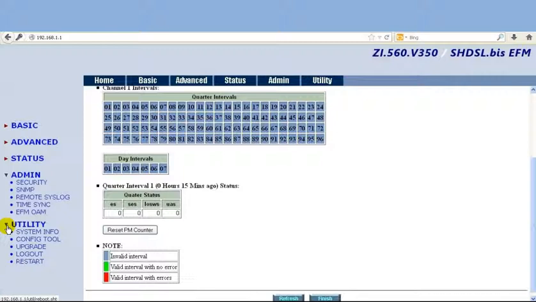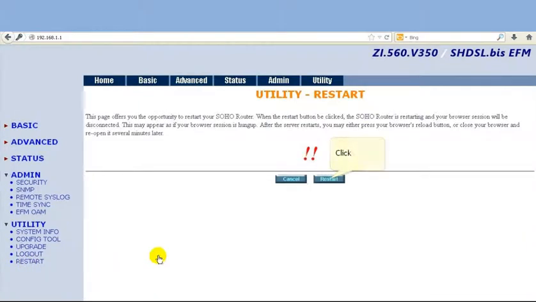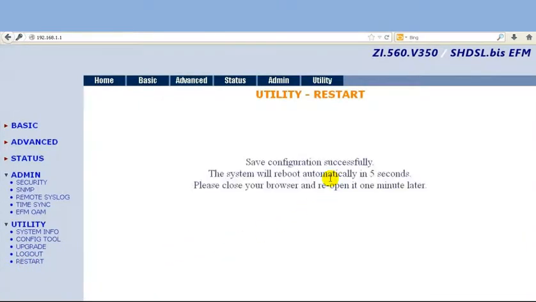In the admin part, we can configure things like the password. In this AFM NTU, we can't save any configuration by itself, so we need to restart the AFM NTU. Then only will we be able to save our configuration. Otherwise, our configuration will be lost if we do not restart the AFM NTU after configuring it. So after rebooting, all the configuration will be saved, and this AFM NTU will be ready to use.